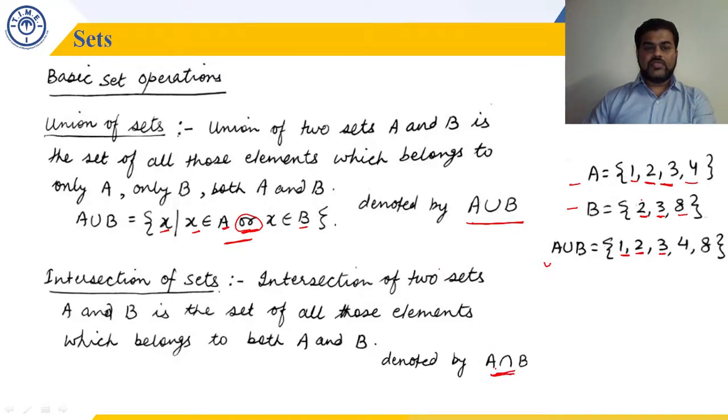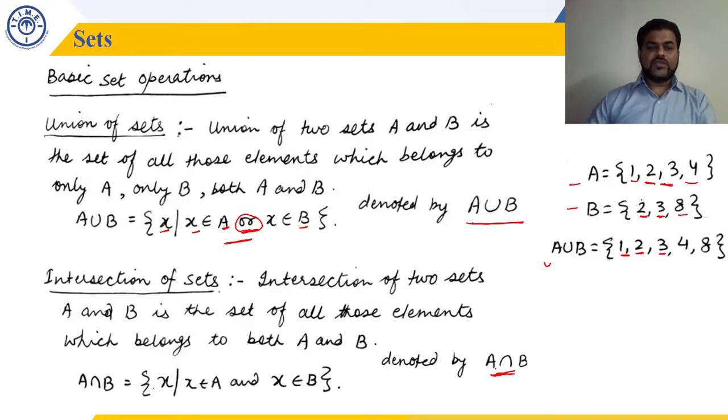And taking the same example, in terms of set builder form, we write it like this. A intersection B is the set of all elements X such that X belongs to A and X belongs to B. And means it should belong to A as well as B. It should belong to both the sets. Okay. So in the same two sets A and B, in the same example, what is A intersection B? A intersection B is 2 and 3. As we said, 2 and 3 are the common elements, right? So in intersection, we'll have only these two elements, 2 and 3. Fine. Okay. Let's move ahead.